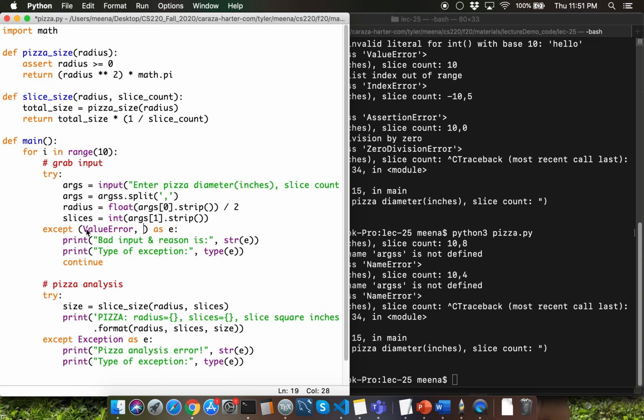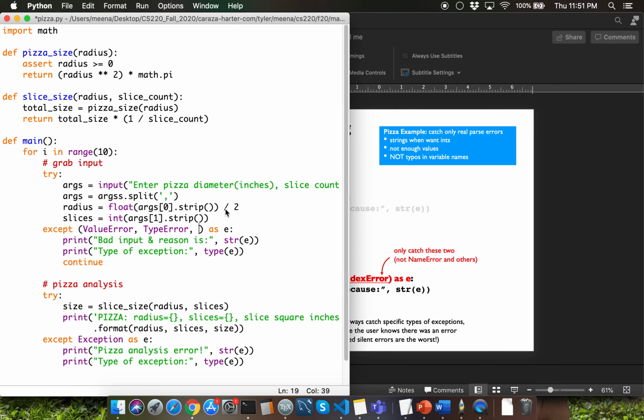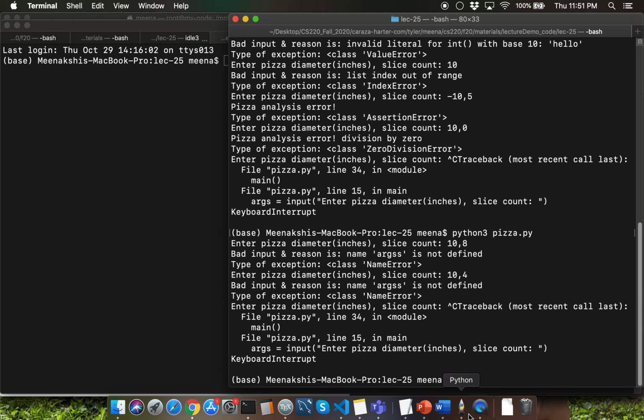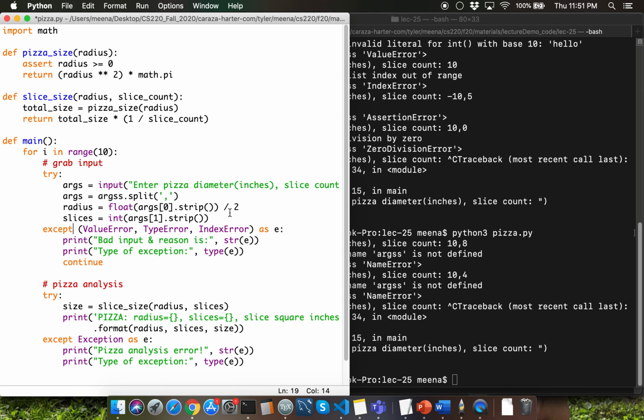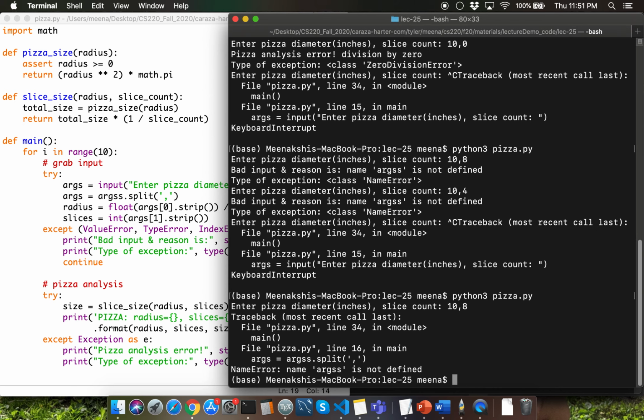specific error types like value error, type error, and give me just a second, what was the other error? Index error. Index error. Okay, so what's going to happen now? Let me go ahead and save this program and run it one more time. Let's try valid input. Notice that now the program is crashing.